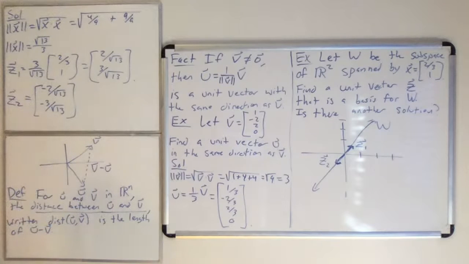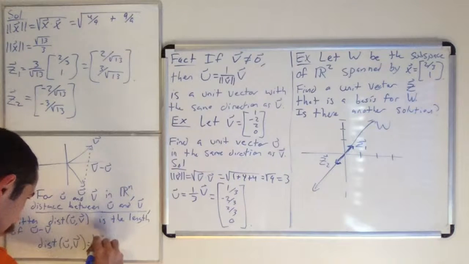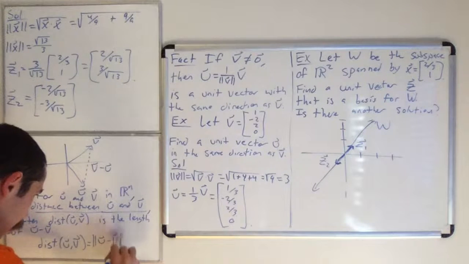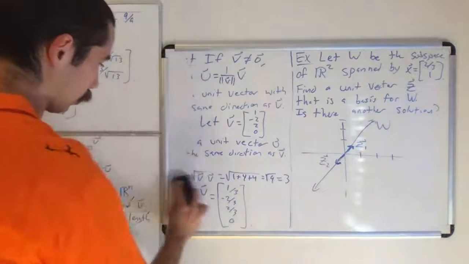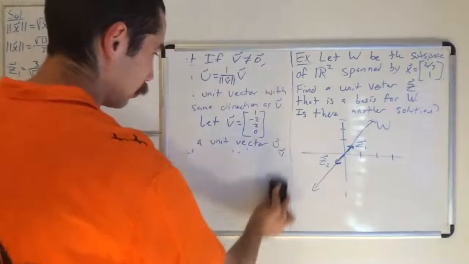They have the same length, and so it's given by: the distance between u and v is equal to the norm of u minus v. Okay, so for example,